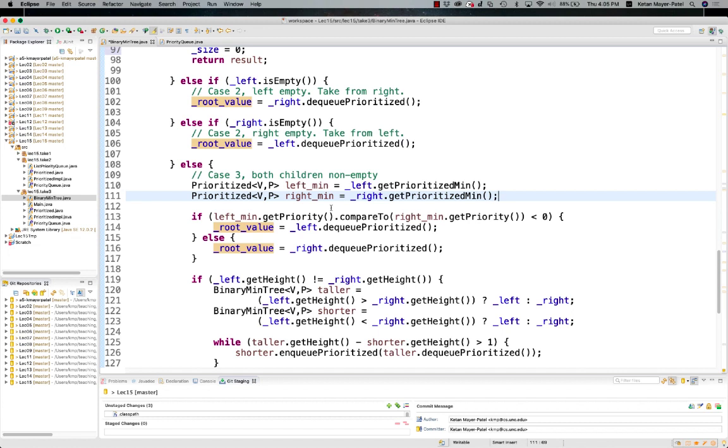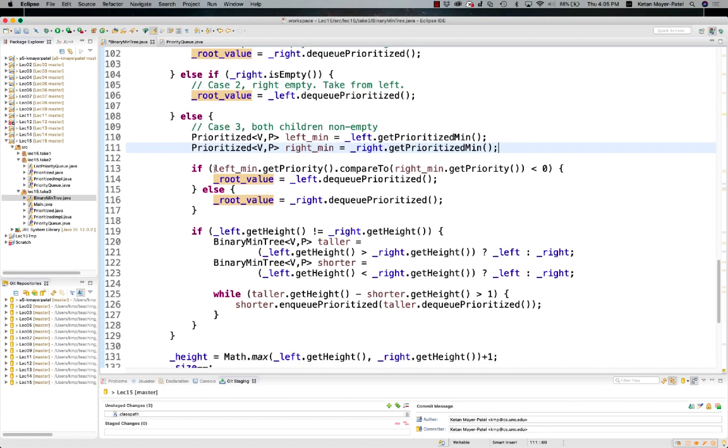And that doesn't mean I took them out. It just means I retrieved them, right? So the left and right didn't change themselves. I haven't operated on left and right yet. And now I can extract the priority from what I received from my left and compare it, because the priorities are comparable, to the priority from the right. And if that's less than 0, I know that whatever I got from my left child, that one is the